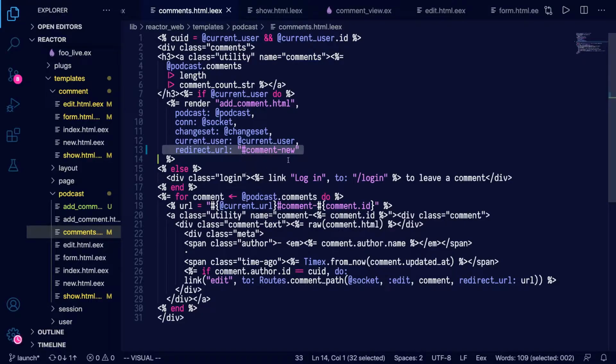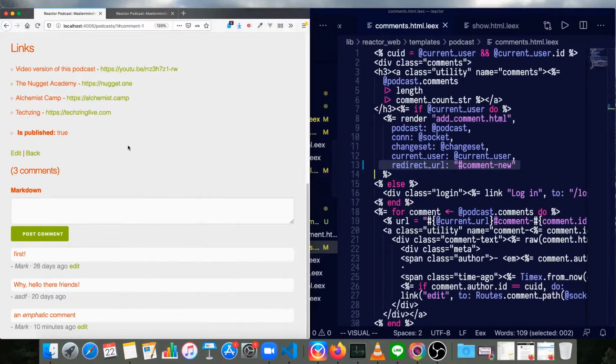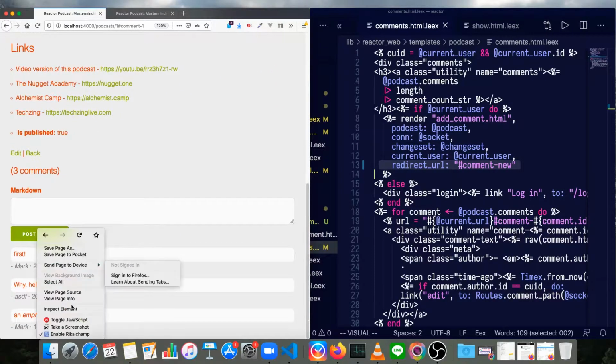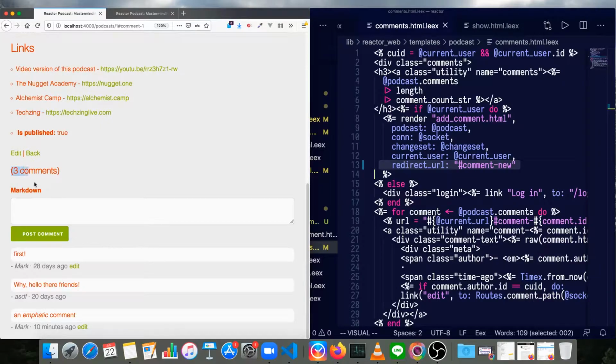Because comment new doesn't exist in our markup. It's a little bit different from these others. Comment dash the ID number of the markup actually does exist inside the markup. If we look on any of our show pages in the comment section, by the way, this whole part here